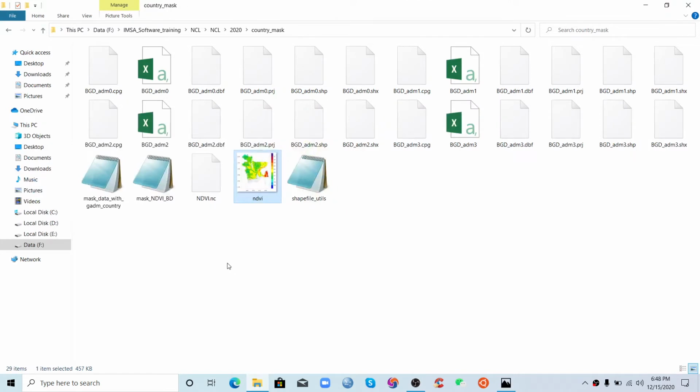So now we have two functions. You need to keep two functions. This one and this one. If you want to handle a NetCDF file with your shapefile, you need to keep two files in your working directory. Otherwise,